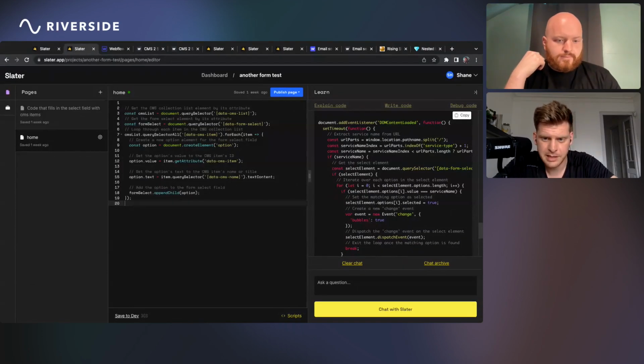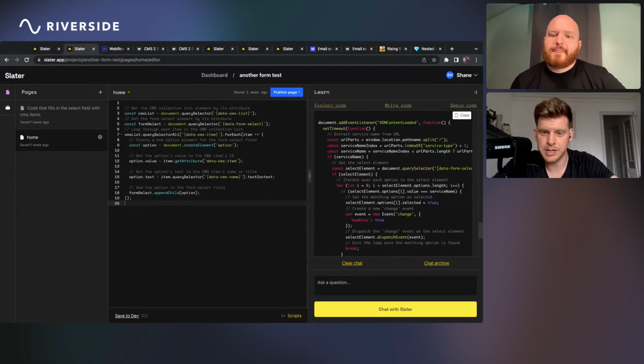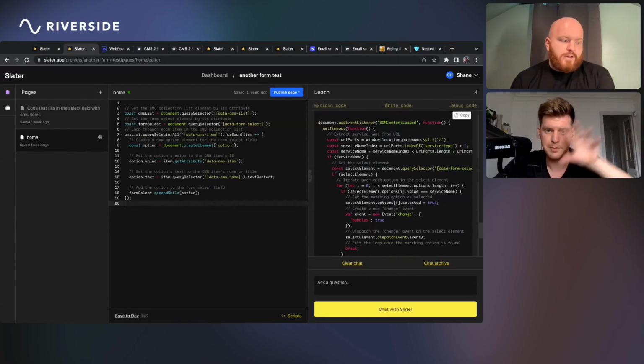Does that make sense? Is that a Slater use case, or is there an easier way to do this? Sorry, this is such a selfish question, but I'm intrigued as to how Slater might be relevant for getting data across from forms into an Airtable database.